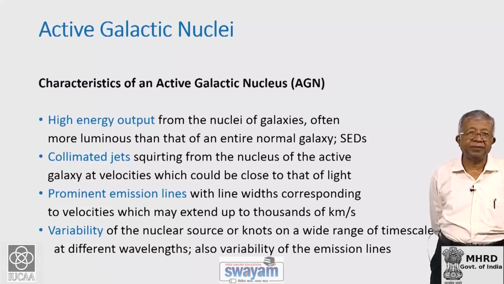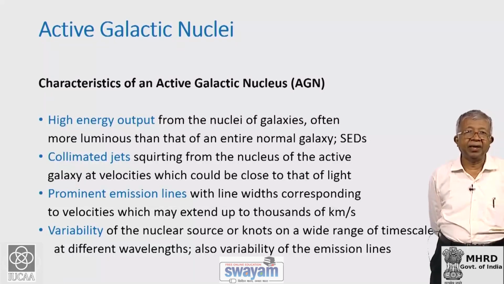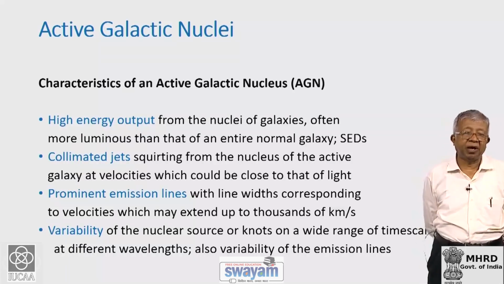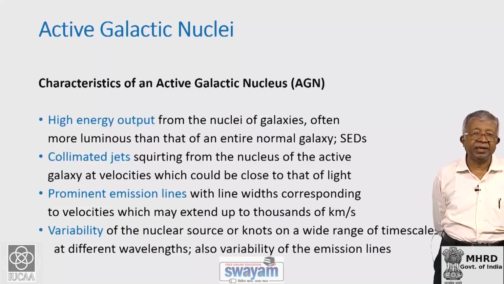active nucleus, and while these jets are very close to the nucleus of the galaxy, they could be moving at velocities close to that of light, and as they travel further outwards, they could be slowing down. And these jets can extend from right in the nuclear regions of the galaxy on parsec scales to over several megaparsec in size. Some of the interesting challenges are to understand not only the formation of these jets, the generation